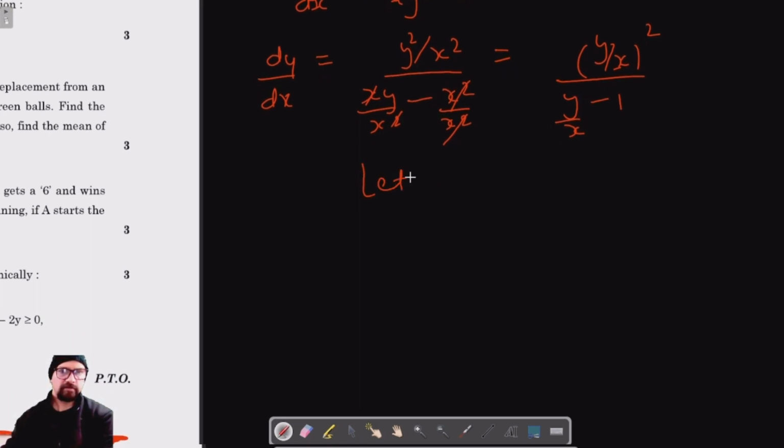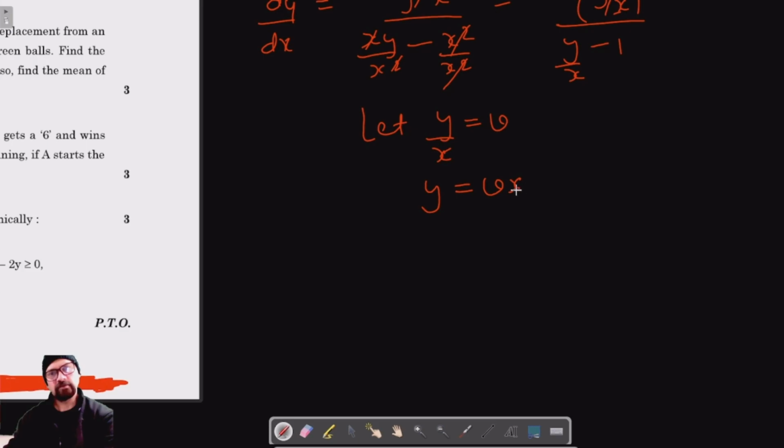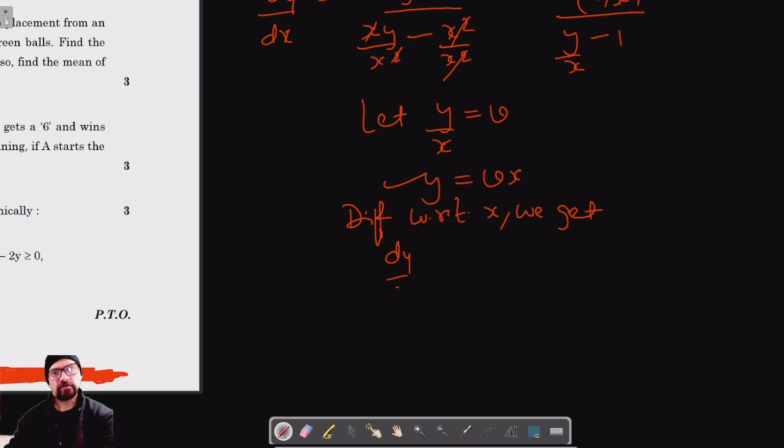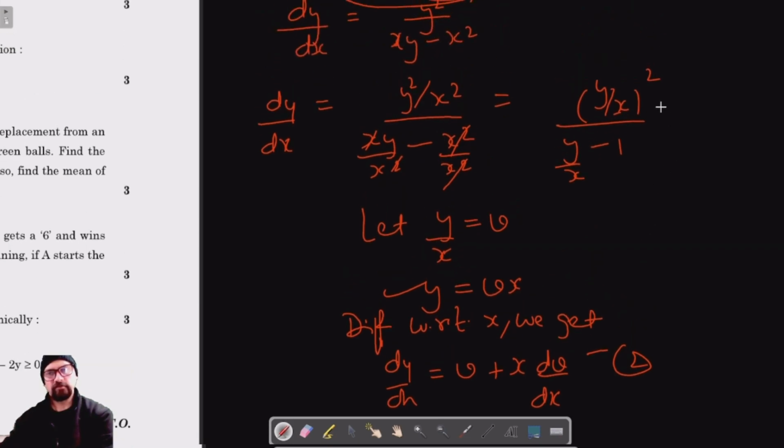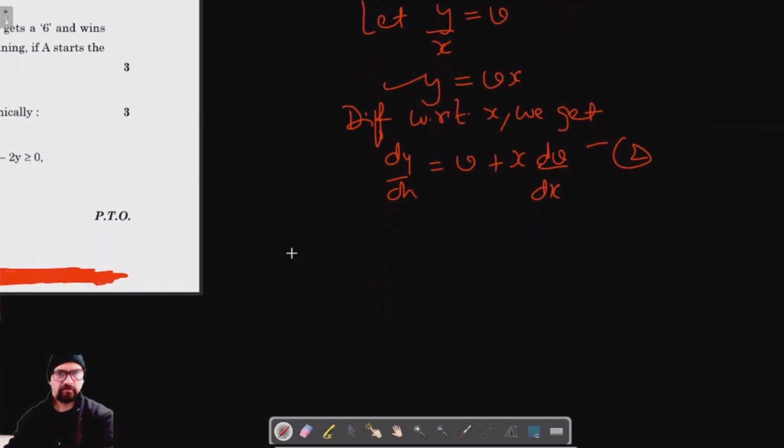Okay, now let's make the substitution here. Let's say y upon x is equal to v, which gives us y is equal to vx, and differentiating with respect to x on both the sides, we get dy by dx is v into differentiation of x, which is 1, plus x into differentiation of v, which is dv by dx. So let's say this is equation 1, this is equation 2, and from 1 and 2 we get